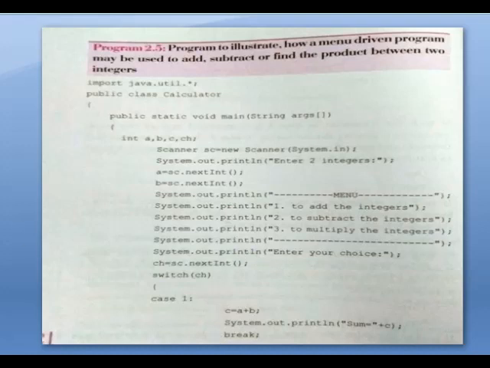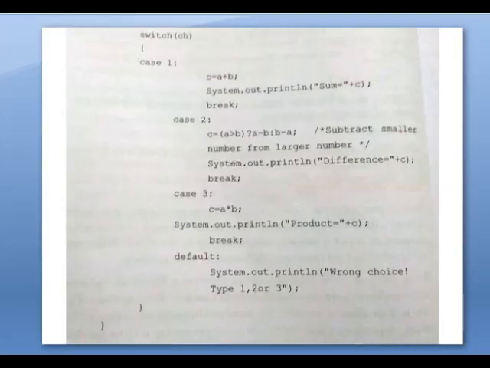So, switch of ch. Case 1, c equal to a plus b. Case 2, subtraction. And case 3 means a into b. Here for the subtraction they have used the ternary operator. If a is greater than b, then a minus b will be done.